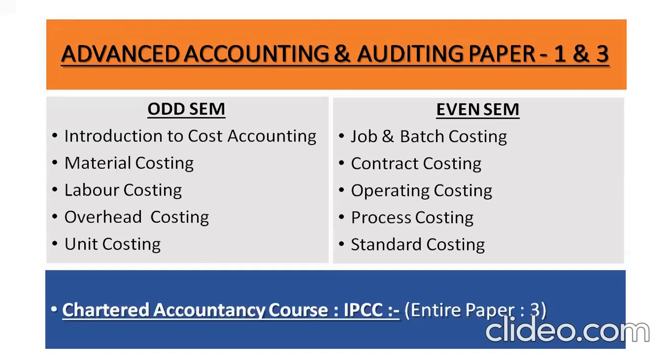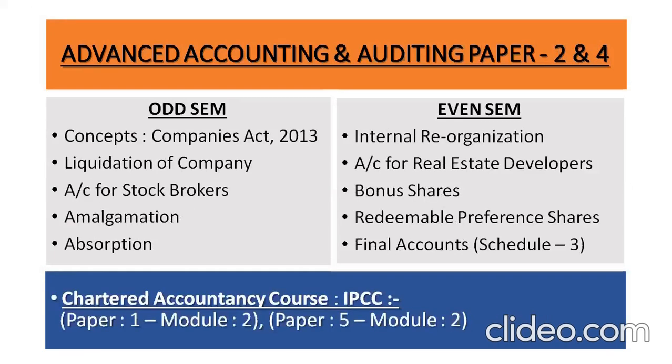Now you'll ask, sir, the topics are enough, but why is it important for us? Now I am aware that many of you are pursuing some professional courses. If you take the chartered accountancy course, the second level, that is IPCC, your entire paper 3 syllabus is the same as it is mentioned over here. So you need to study once and gain its benefit 2 times.